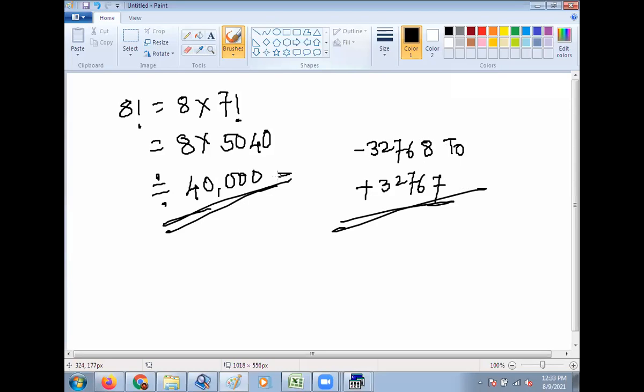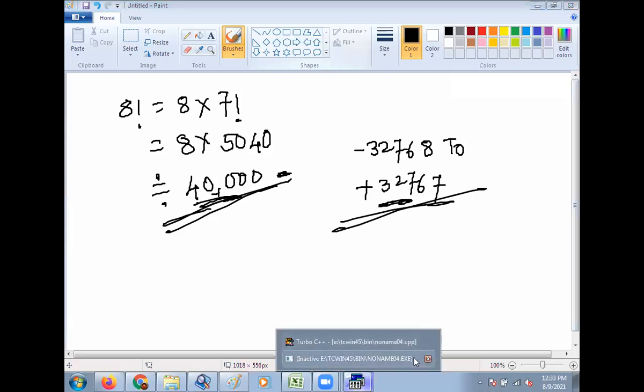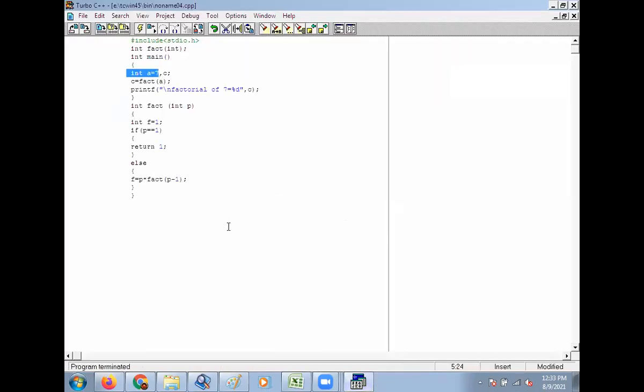Then this number 40,000 exceeds this range, so you didn't get the accurate value of 8 factorial. We will try what is the value of factorial 8. Here I will change the digit to 8, and here factorial of 8.